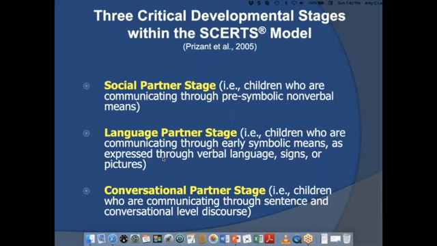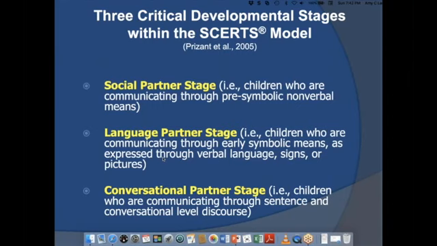And so, starting at 3 words up to about 100 words would be our language partners. And then our conversational partners are developmentally most sophisticated. These are children who have vocabularies well over 100 words and can create novel utterances, sentences, ideas, and communicate them, whether it's through augmentative means or through spoken words, either one, on their own. So they'd have at least 20 novel word combinations.